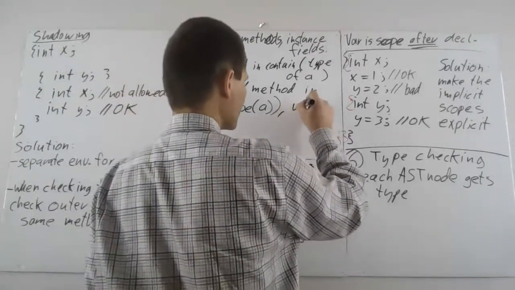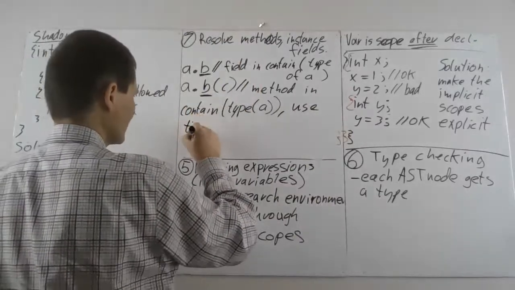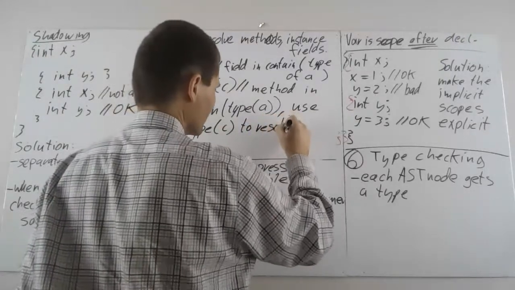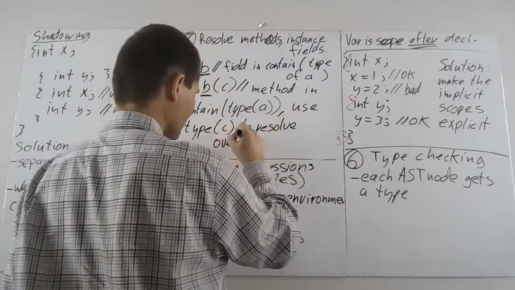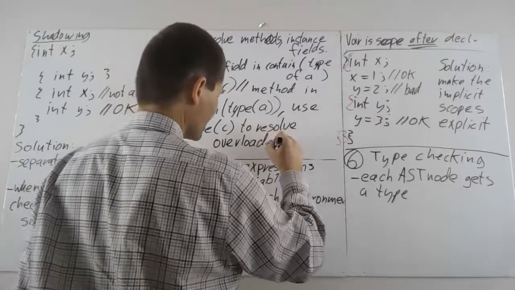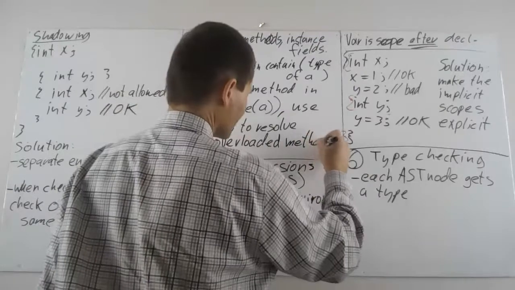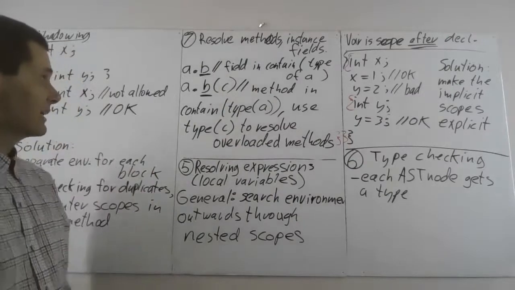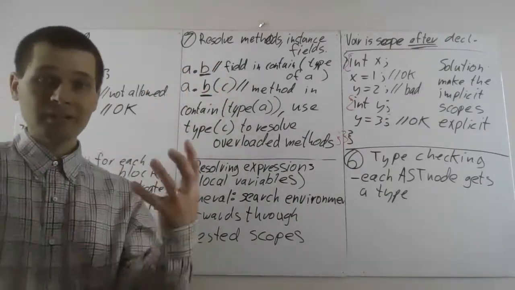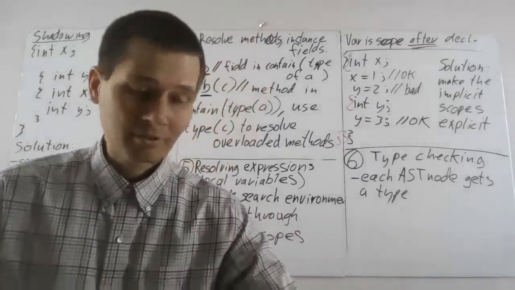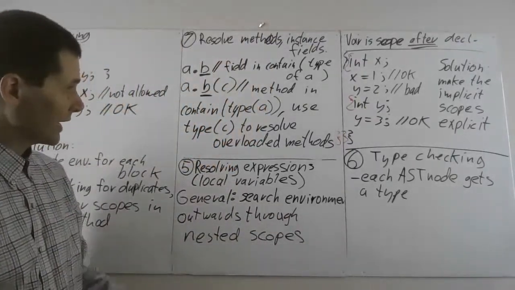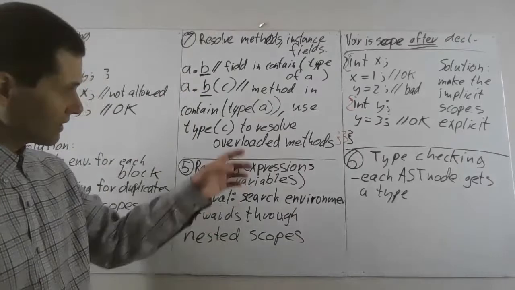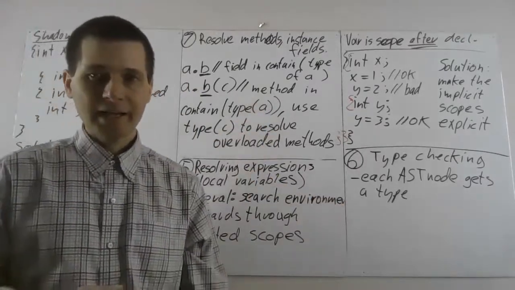So use the type of C to resolve overloaded methods. Okay, but the point is I want to link every name to its meaning. In this case, for the name B, to determine its meaning, I need to know the types. Okay, and so that's why this final step of getting the meanings of the rest of the names has to come after type checking. And I just want to say,